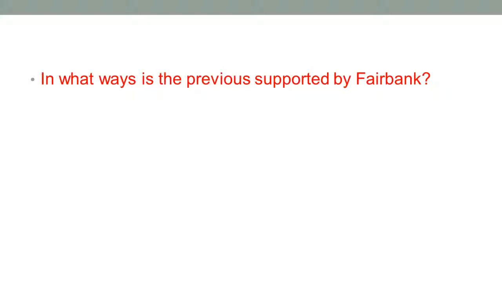All right, given the previous and keeping in mind what we talked about in terms of Fairbank when we read that chapter by Fairbank, this would probably be a super good time to take out that chapter and look at the notes that you wrote, and then use Fairbank's ideas as evidence to support an argument, right? So basically incorporating that historiography. In what ways is the previous supported by Fairbank? And if you want to take it to the next level, in what ways does the previous contradict what Fairbank said?